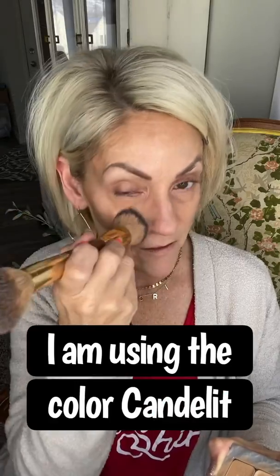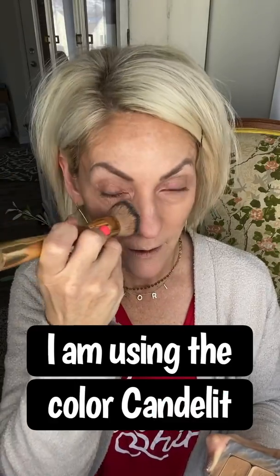This is still the main color, the main highlight color. This is not the brightening one yet. I like to make sure and do this one everywhere around my eye, even on the eyelid. You can see what that does for the eyelid, and it's literally taking me seconds to do that. And so for days that I don't necessarily want to do the eyeshadow, just by cleaning up my eyelids, it